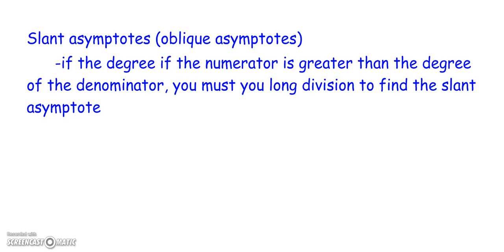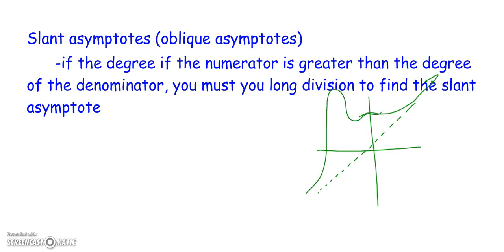So what you will see is you'll have graphs, and if you have a slant asymptote, instead of it being horizontal, you will have graphs that could do any number of things. They could do pretty much anything in the center, but at the end they're going to extend out in this direction, this slant asymptote. Again, who knows what they do in the middle? There might be asymptote, there might not be, but they're going to follow a slant as they extend right and